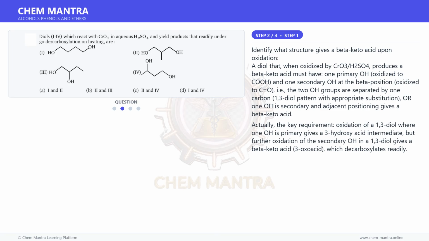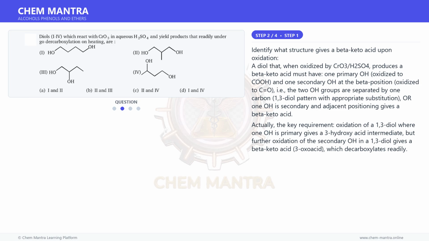Moving on to the next step. Identify what structure gives a beta-keto acid upon oxidation. A diol that, when oxidized by CrO3/H2SO4, produces a beta-keto acid must have one primary OH oxidized to COOH and one secondary OH at the beta position oxidized to C=O, i.e., the two OH groups are